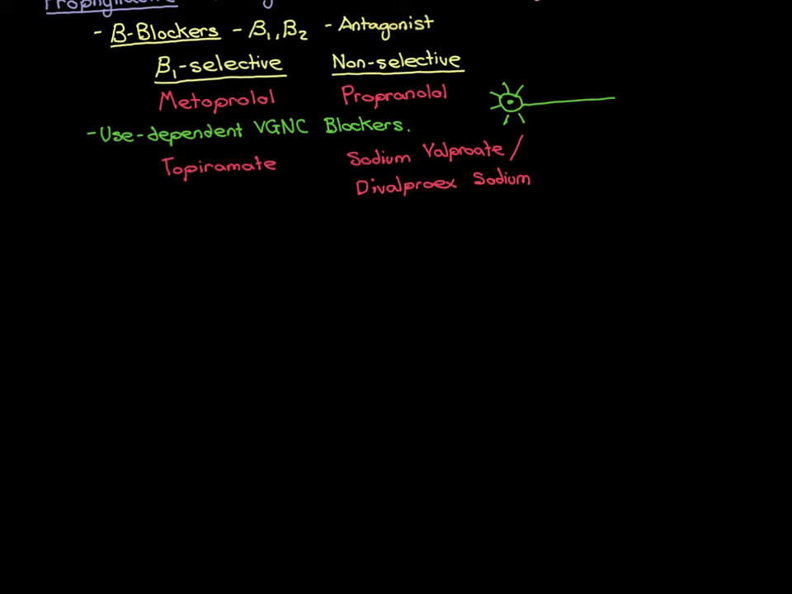And remember, this is the basis for why the use-dependent voltage-gated sodium channel blockers are so effective at preventing epileptic seizures and why most of them are used as anti-epileptic drugs. However, we've got these two examples here, topiramate and also sodium valproate, that are also used for the prophylactic treatment of migraine headaches. And we can kind of understand how they might actually manage to prevent cortical spreading depression because,